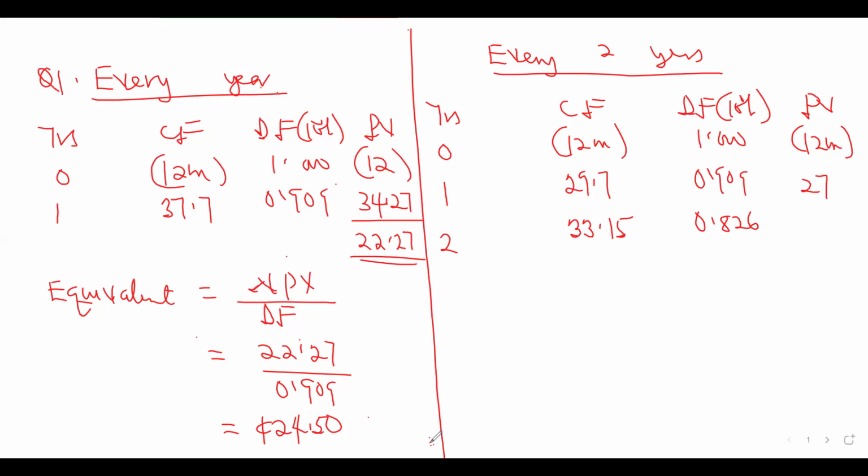Can someone confirm the 27 for me? Okay, 27. Yes, please. You said in this one, for year one, we are not going to dispose of the assets, so we are not getting the scrap value. But for the computation we did for year one, we used 37.7. Because we are disposing, you get a scrap value. If you are disposing, you get the normal cash flow plus the scrap value.